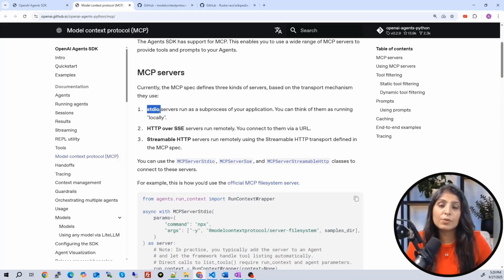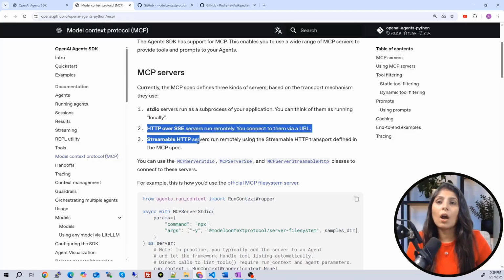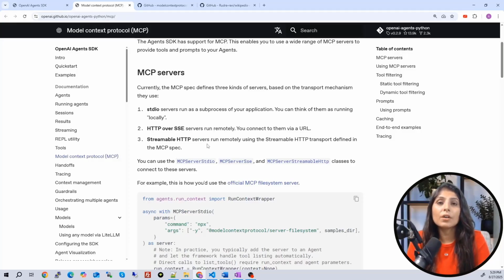And why do we use standard IO? Because this is for a local machine, when your client and server are on the local machine. And then the second transport mechanism is this, and the third one is this. Guys, these two are for when your MCP server is on a remote machine. So your client is on your machine and the MCP server is on the cloud, on the network, or on a remote machine.